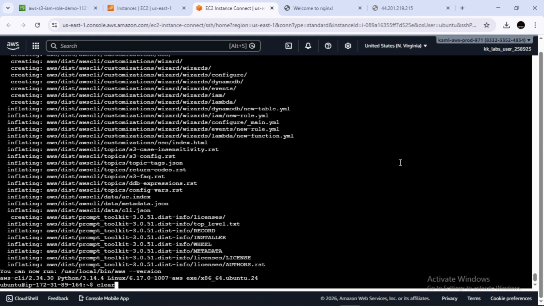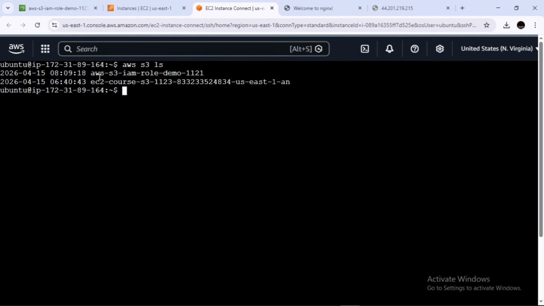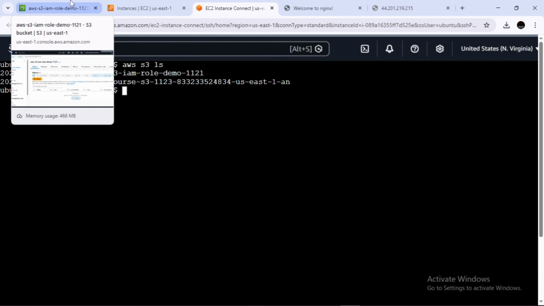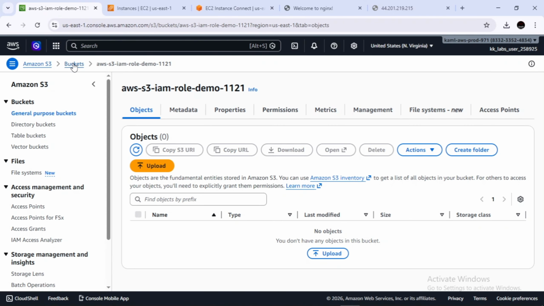AWS CLI is installed. Let's verify the S3 buckets, AWS S3 LS, and you may see that there are two buckets and they are appearing.